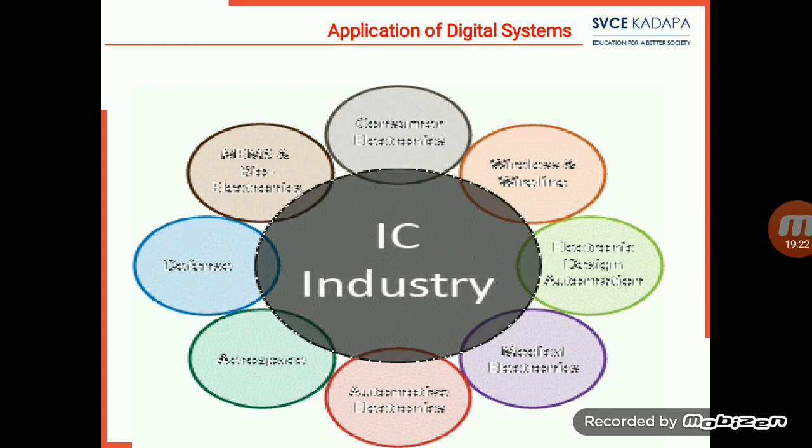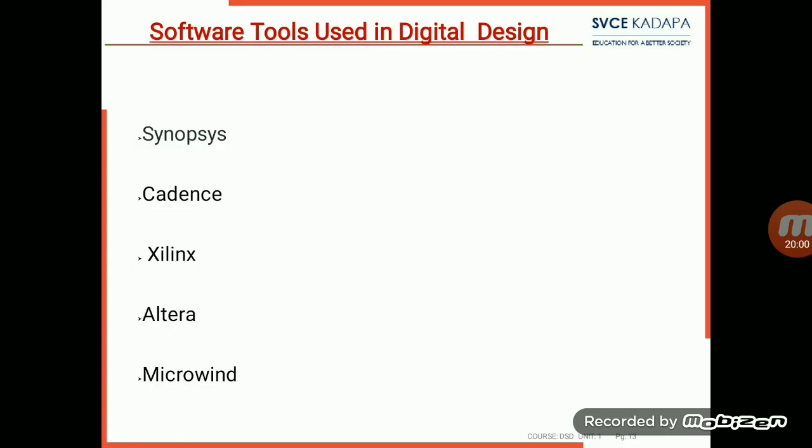Next, aerospace. In the case of aeroplanes, the total system is controlled by using ICs only. In defense and military applications, we can also go for different controlling of MEMS and bioelectronics. In medical electronics and bioelectronics, we can use digital electronics effectively. These are the different IC digital system applications. The IC industry plays a major role now and in the coming days also. Without ICs, we can't imagine our day-to-day life.